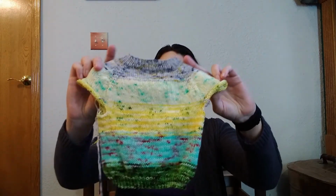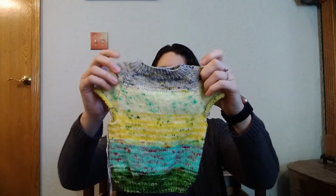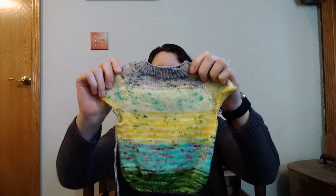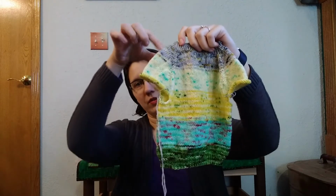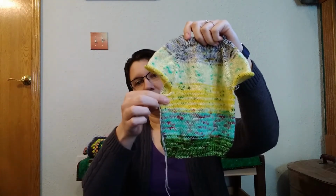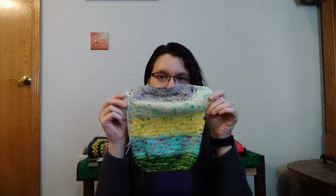It is the smallest size, so I think it's the 0 to 6 month size, and I am doing it out of some of my hand-dyed yarn in the Yarn and Tea collection mini skein set that I have. So it's Earl Grey, Buttermint, Chamomile, Peppermint, and Irish Breakfast. I do actually have some of these sets still in the shop, but I wanted to do a little sweater as a shop sample, because I just get bored with socks sometimes, and people want to see what you can do with mini skeins, and you should be able to get the entire